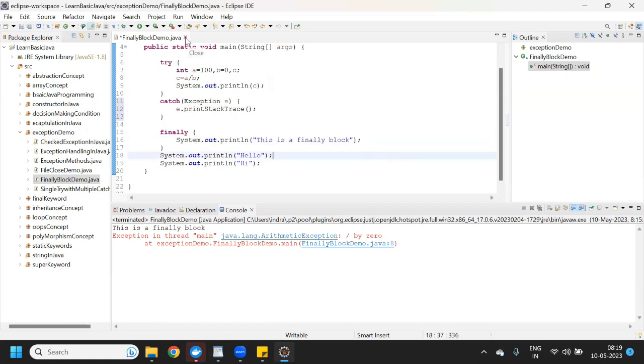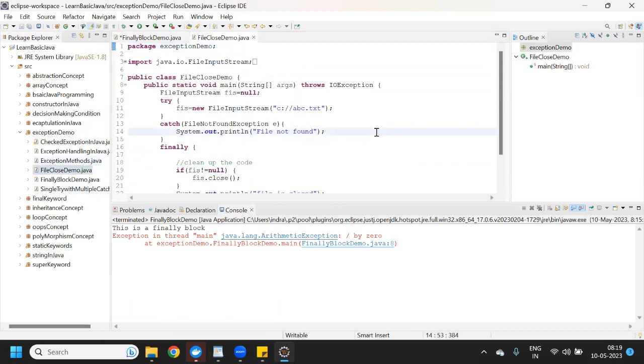Let's suppose that I have written one program. Let me show you. See. So why do we use this finally block? Because let's say you have written a code for an application, right? But for that application, we need some data. So we can take the data from an Excel sheet, or we can take the data from a DB.